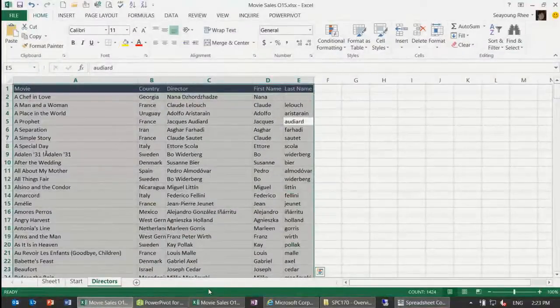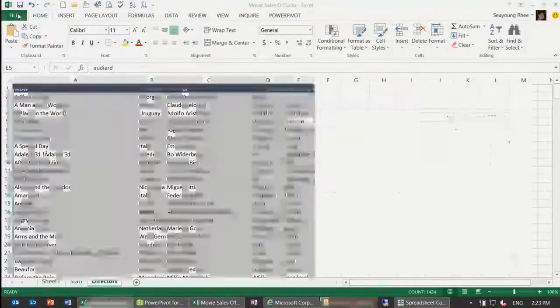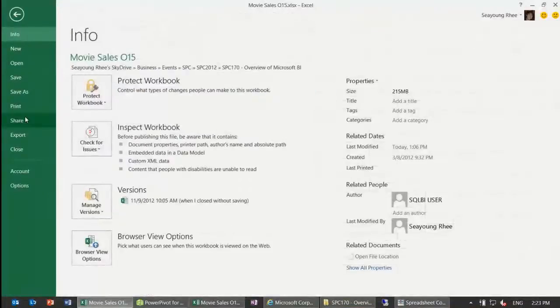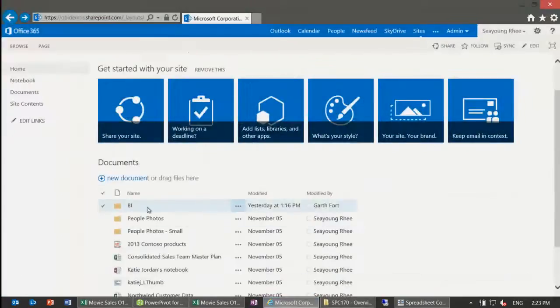So finally, we've shown you the client piece. And I'll show you the final piece of publishing to SharePoint. Right? In the past, we used to go to File, and we went to Share or Export or Save As, and we saved it to SharePoint. Now, this is all supported today as well. But we also support just simply dragging and dropping into a folder. So for example, if I have a BI folder and I have a BI file,